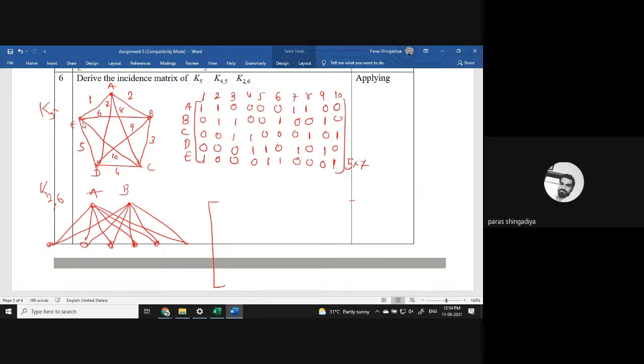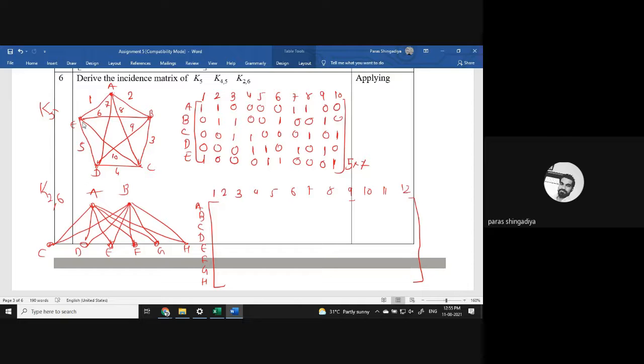The rows are A, B, C, D, E, F, G, and H, and the columns are 1, 2, 3, 4, 5, 6, 7, 8, 9, 10, 11, and 12. Okay, so we get one of the larger matrices, an 8 by 12 matrix, 8 rows and 12 columns.